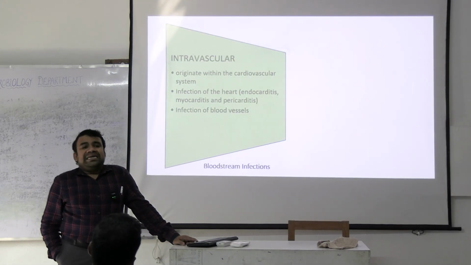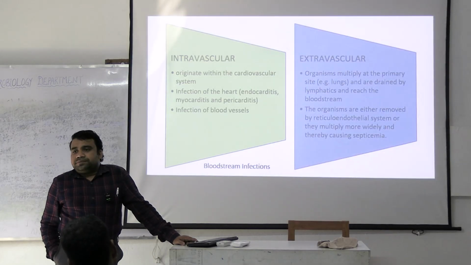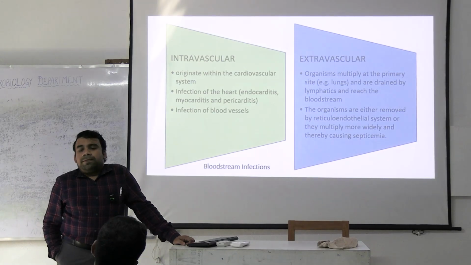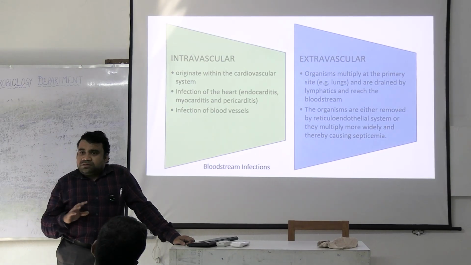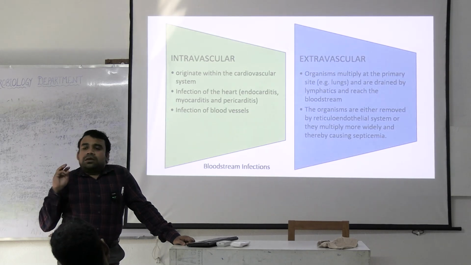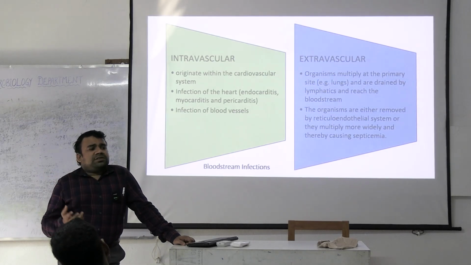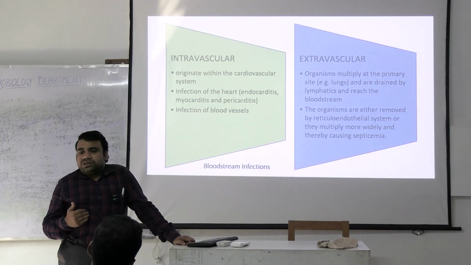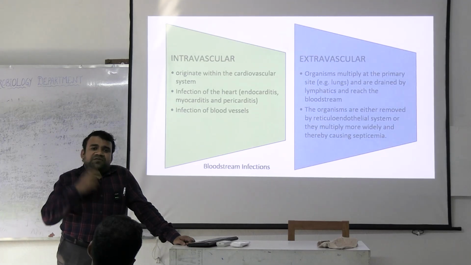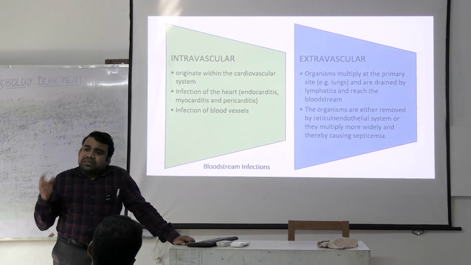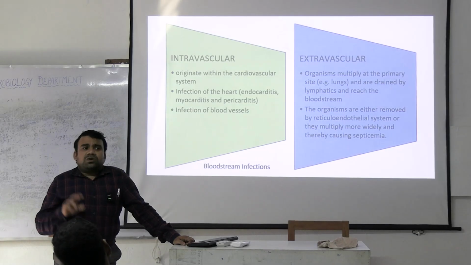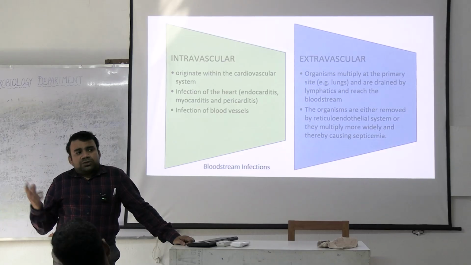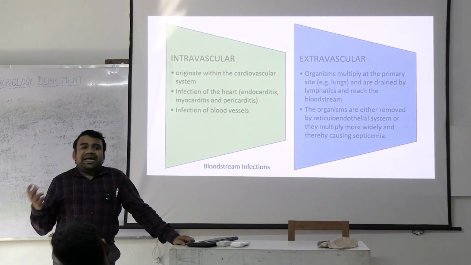Another classification would be intravascular and extravascular bacteremia. If you look at the same pathogens from the point of view of pathogenesis, for the organisms which cause primary bacteremia, the main focus of infection is the bloodstream. That means the infective process is going on in the vessels itself. That is also called intravascular bacteremia. And if the process of pathogenesis develops elsewhere, we call it extravascular bacteremia.